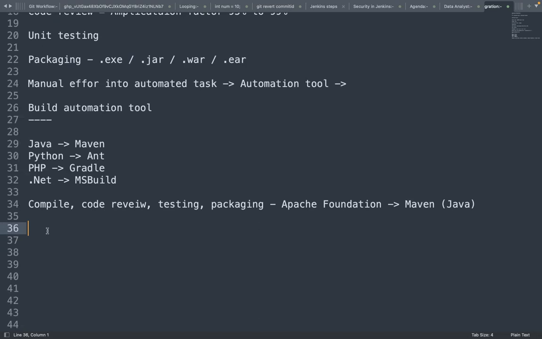If they are using Python as the core language to develop an application, they basically go for Ant. Suppose they are using .NET, they will go for MS Build. Suppose they are using Java to develop the application, they will go for Maven. Then why, as a DevOps engineer, do I need to learn Maven? The reason is maybe